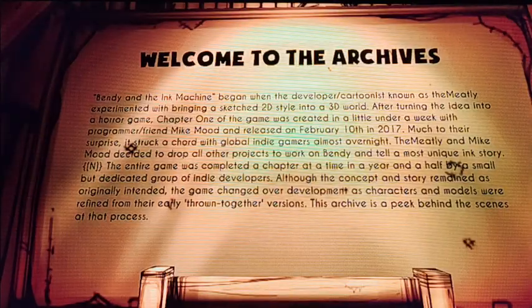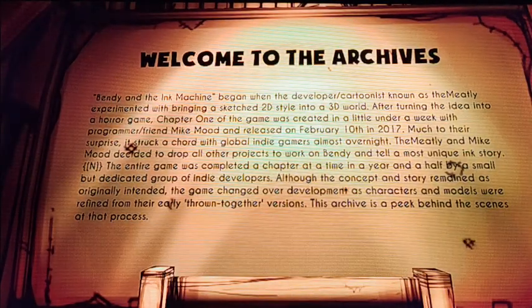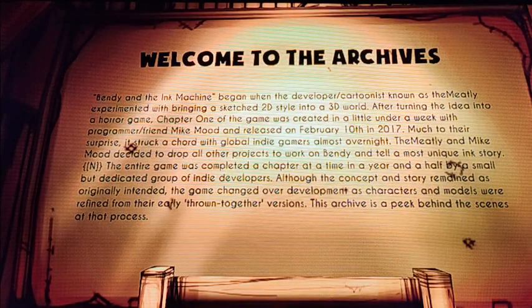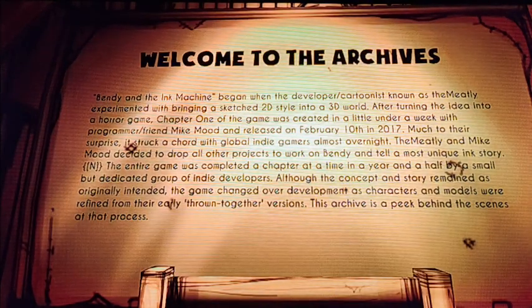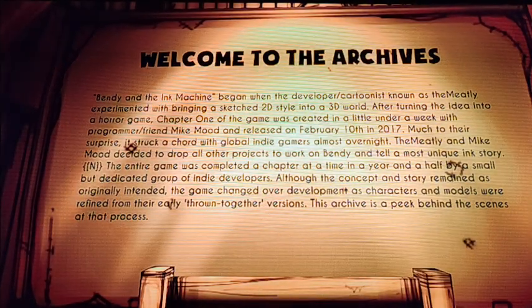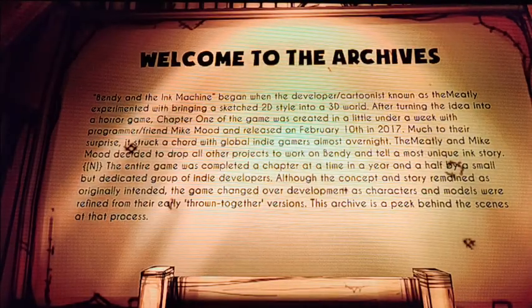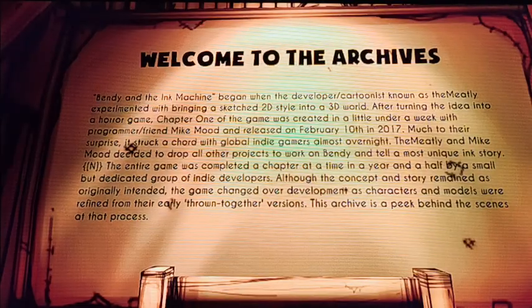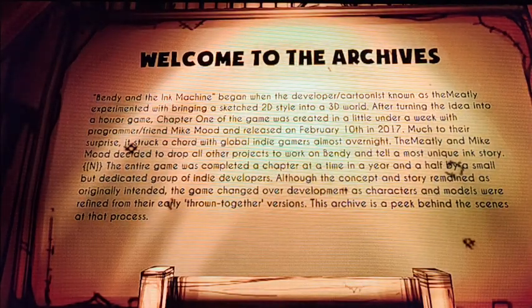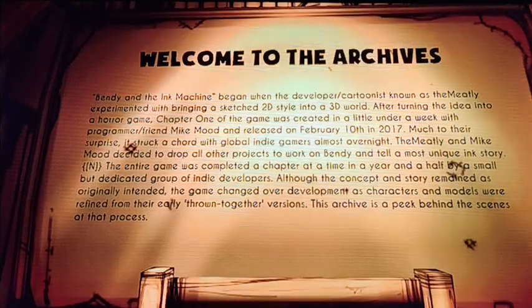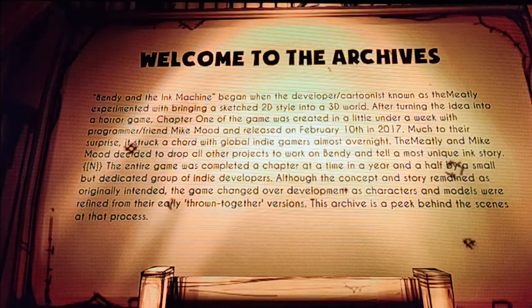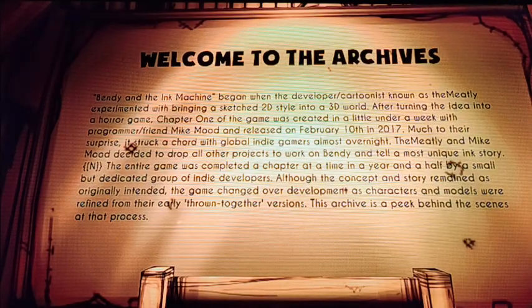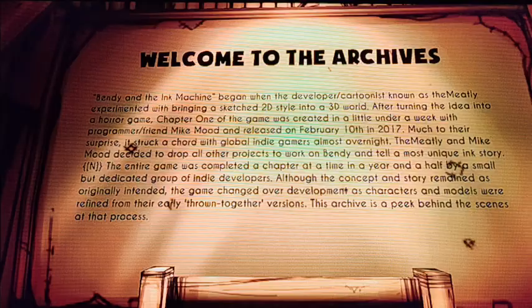Bendy and the Ink Machine began when the developer cartoonist known as the Meatly experimented with bringing a sketched 2D style into 3D world. After turning the idea into a horror game, Chapter 1 of the game was created in a little under a week with programmer friend Mike Mudd and released on February 10th, 2017.